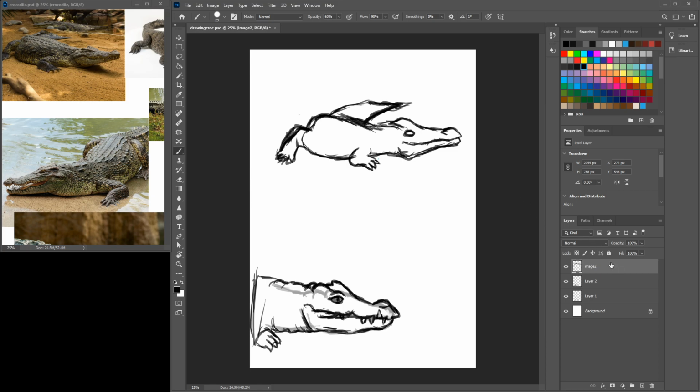So that is the first pass, and like I said, I'm not expecting anything great. I'm pretty much just drawing what I see, basically, and trying to